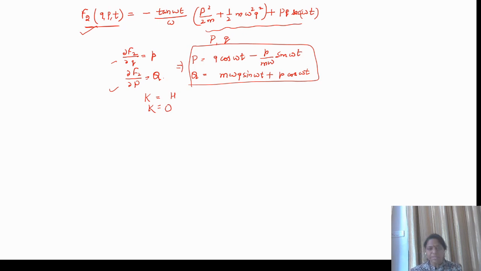It simply means that I should not handle this question with the help of F1, rather I should calculate it with the help of F2. But this is a tedious job, because how may I decide whether I should choose F1, F2, F3 or F4, which is making my K to be 0? Now for that